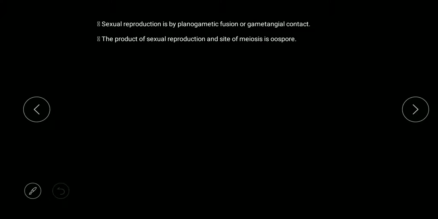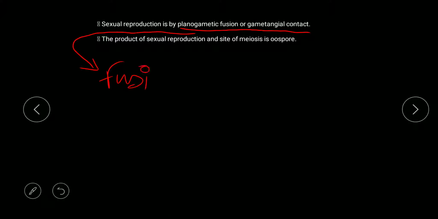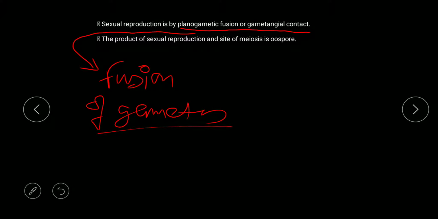Now, sexual reproduction occurs by planogametic fusion or gametangial contact. Planogametic fusion is the first type. In this there is a fusion of gametes, so we can call it isogamy, anisogamy or oogamy. These different types can be found in the case of planogametic fusion. But when we talk about gametangial contact,